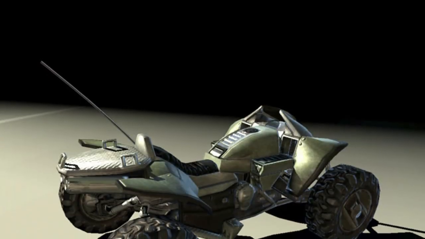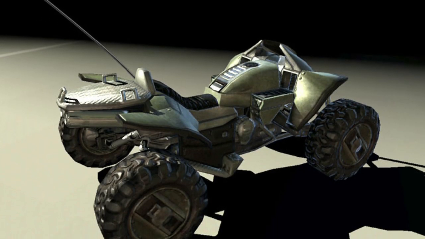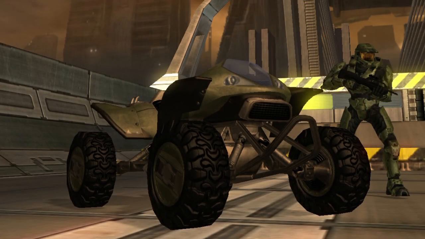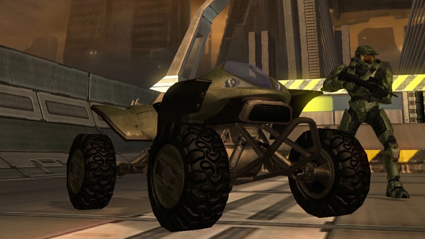The next vehicle that was cut from Halo 2 that once again took me by surprise was actually the Mongoose. Yep, that famous ATV vehicle that we got from Halo 3. Believe it or not, it was originally supposed to be in Halo 2. But the Mongoose in this version of Halo 2 actually featured a similar but also radically different design than the one we got in Halo 3, and actually had a lot of development work put into it, with it mostly